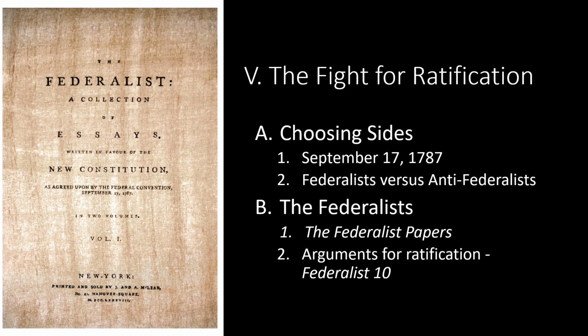The Federalists, which included Alexander Hamilton and James Madison, published essays arguing for the ratification. The Federalist Papers, as they became known, were a collection of 85 essays written by Hamilton, Madison, and John Jay, outlining arguments in support of ratification of the proposed Constitution. These documents were considered one of the best commentaries on the Constitution from the perspective of the Federalists at the time.